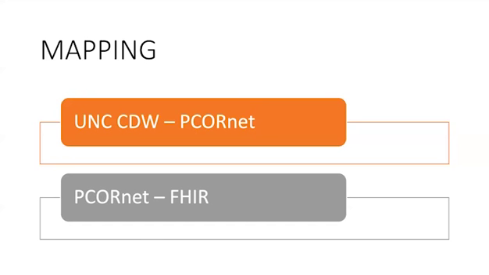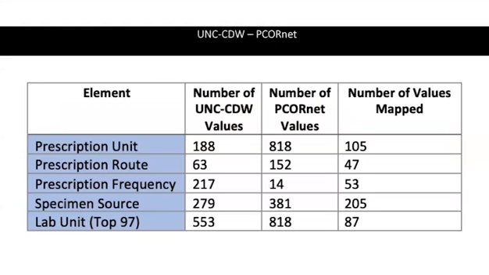So to give you an overview of the elements for the CDW and PicoNet, this is UNC's values or elements, you could call it. So values basically from the elements. UNC had 188, and then PicoNet was 818, and I was able to map 105 of them. So many of them you couldn't map, or they weren't found in both